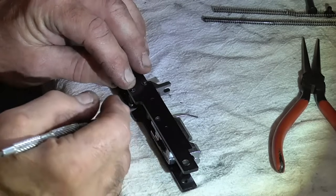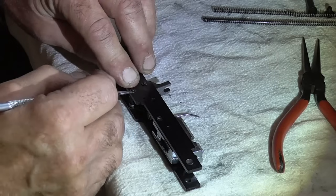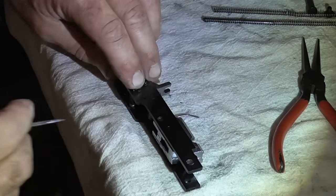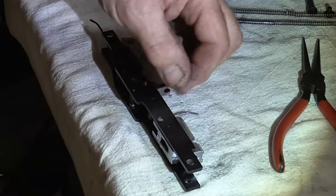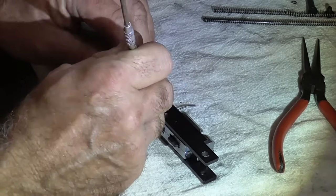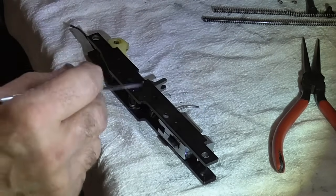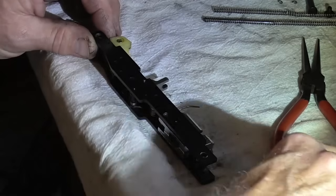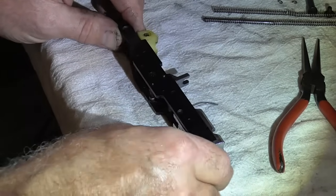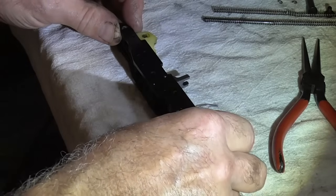And I'll just use my scribe here. I put a little bit of tension against the E-clip. Remember, keep a little tension against it because these are also made out of spring steel, and if you don't hold down on them, they can flip off of there and go across the room and you won't be able to find them. Go ahead and lay them down. Some actions have more, some have one back here, but basically speaking, you've got these two pins right here. Okay? Now you can very carefully and slowly remove this plate